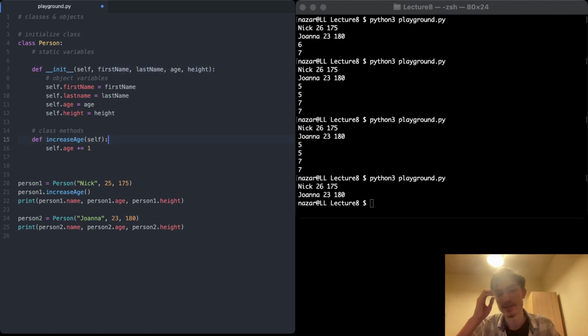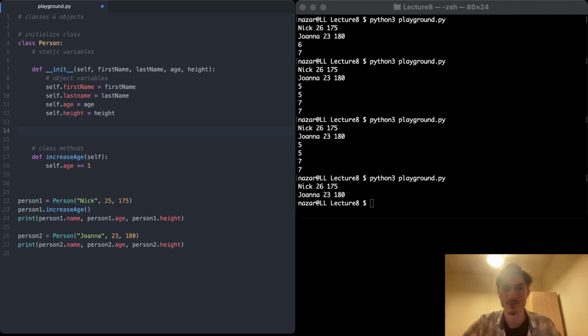Now let's have a look at methods that we can incorporate into our class. This is a very simple method that just increments the age by 1, and actually it's not very useful. We wouldn't use it too often. So let's try to think of a method that would be a lot more useful, and that would be to print out all the information regarding that person in a nice manner. So let's create a print function